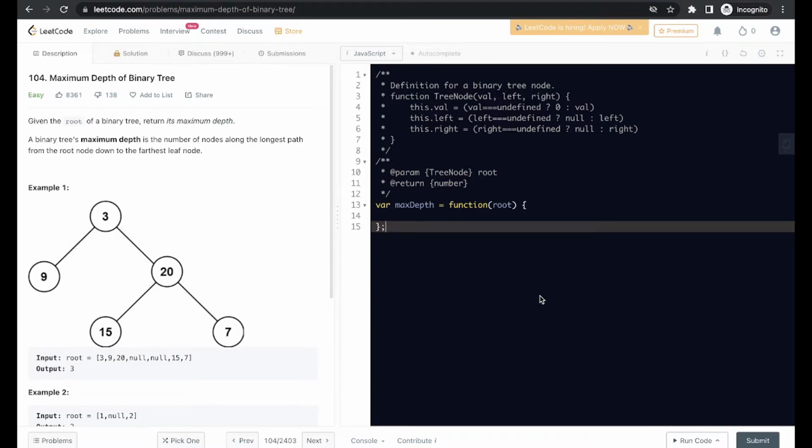So friends, in this particular video we are going to talk about the height of a binary tree, and it is also known as the maximum depth of a binary tree. Okay, so friends, let me tell you what the maximum height of a binary tree is. It is the maximum number of nodes on the longest path from the root to the leaf node. Once again, I'm going to repeat it: the maximum number of nodes between the root and the farthest leaf node.